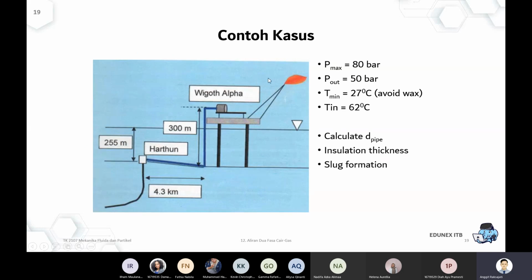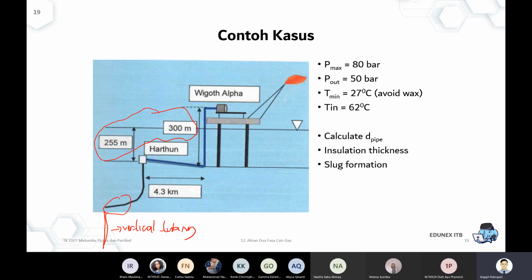So yeah, this is like the typical example. We have some oil or gas offshore production, and then we have the horizontal pipe, and of course, because this is a well, of course there will be some vertical tubing to produce the oil and gas. And then it will be sent to a platform, for example, with a certain depth. Okay, with a certain depth, it's just example.